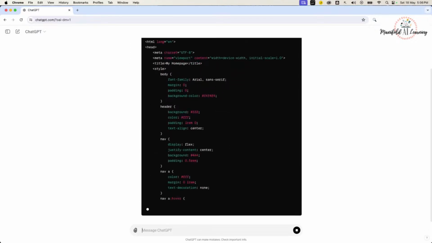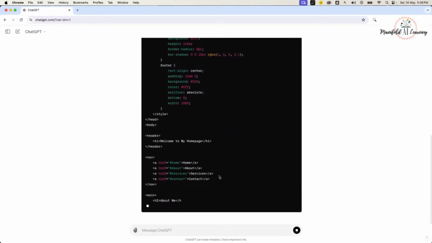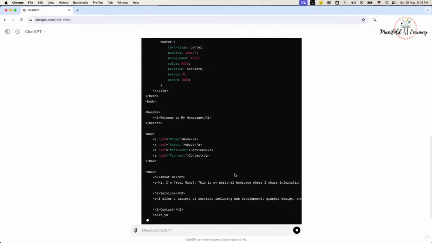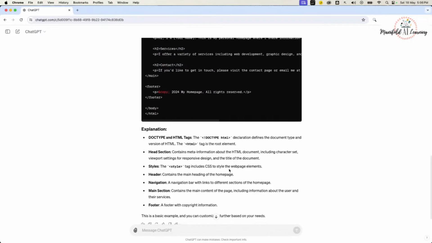That means whatever work you as a developer used to do earlier, how to write the code, typing these things, you no longer have to spend time on these tasks which generative AI can actually do. And not just that, let's pick up some more examples.